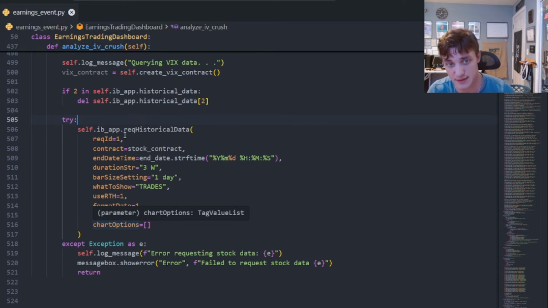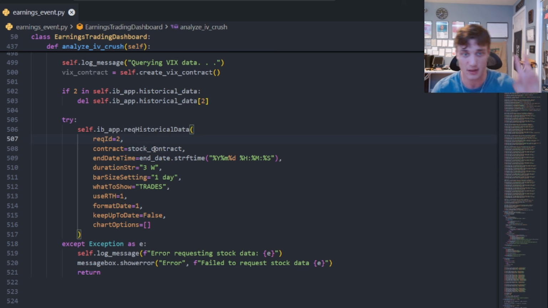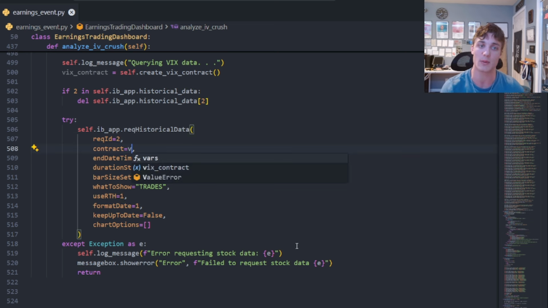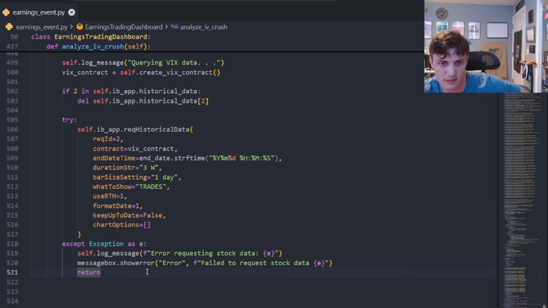What is the difference? Request ID 1 is the stock data. 2 is the VIX data. I don't want to use the stock contract. I want to use the VIX contract. And that should do it. The only thing that we need to change is